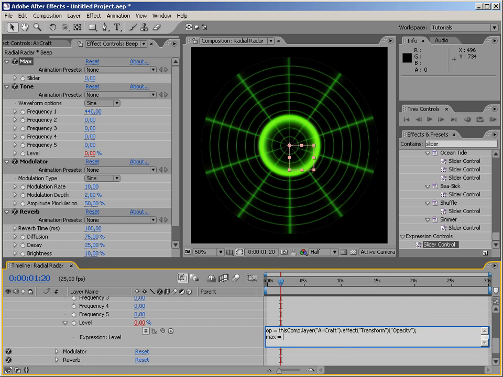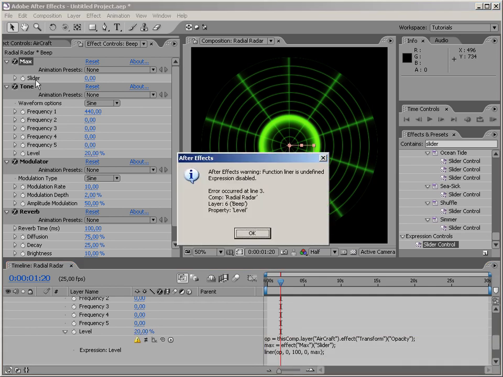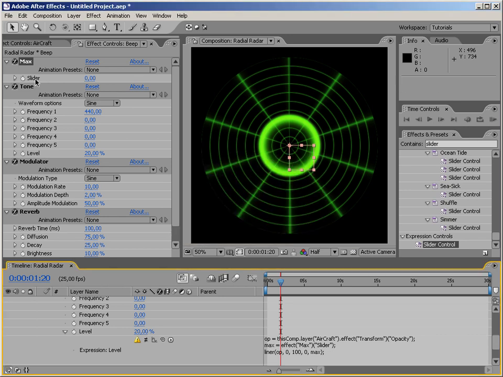So let's call this maximum equals, use the pick whip to point to the slider, and now we're going to use the linear function, and we're going to say that take the opacity value from the opacity slider from the aircraft, which range is 0 to 100, and transform it to the range between 0 and the maximum value of our max slider. And that should be it,